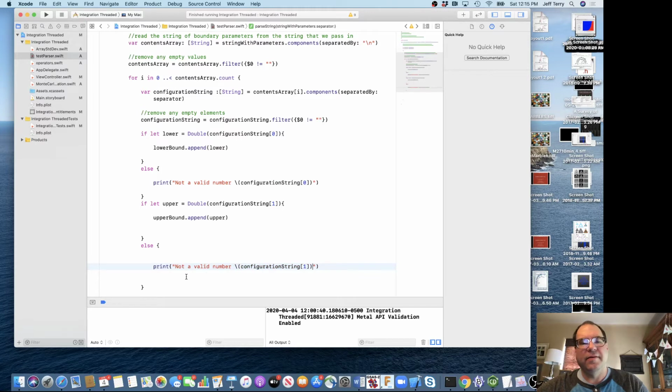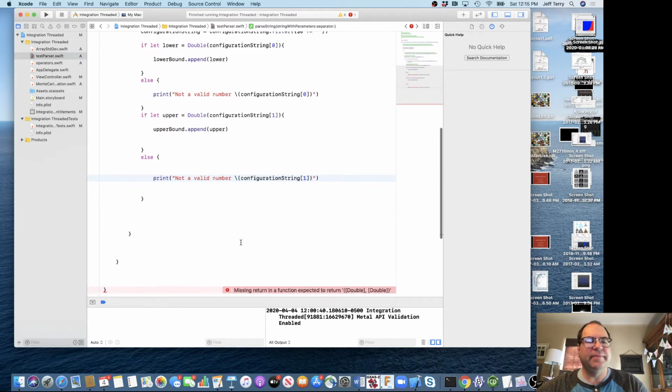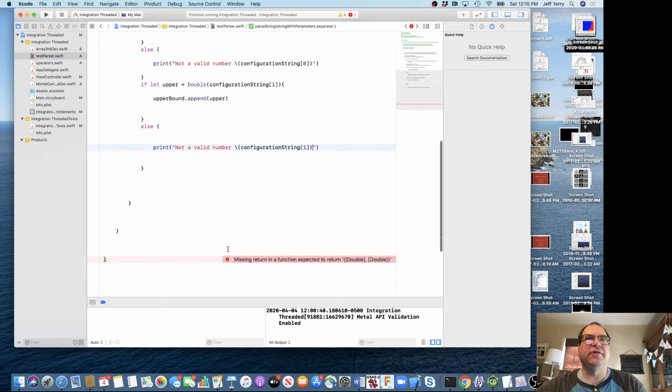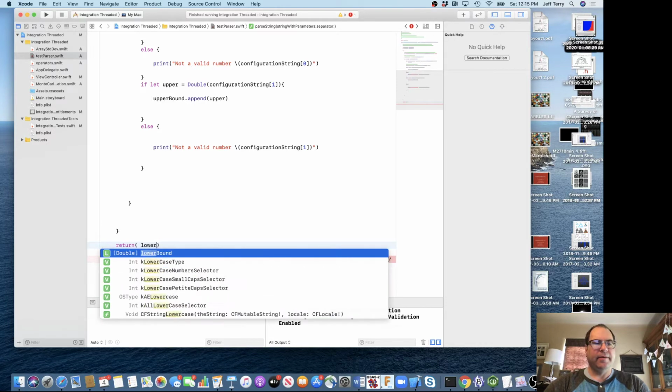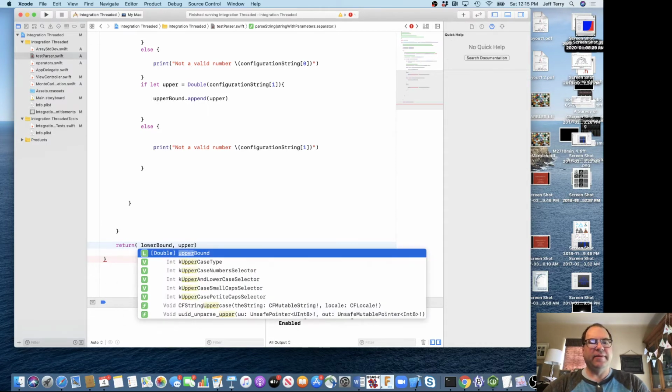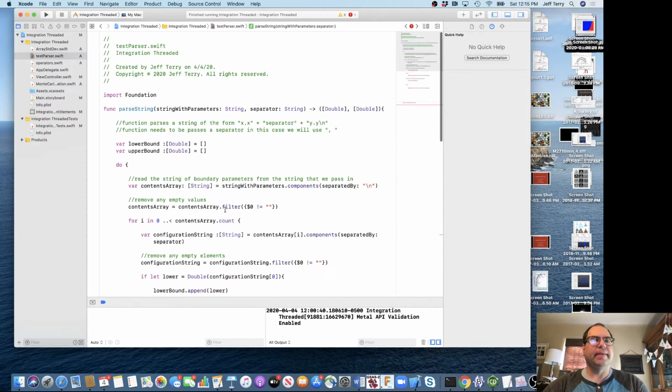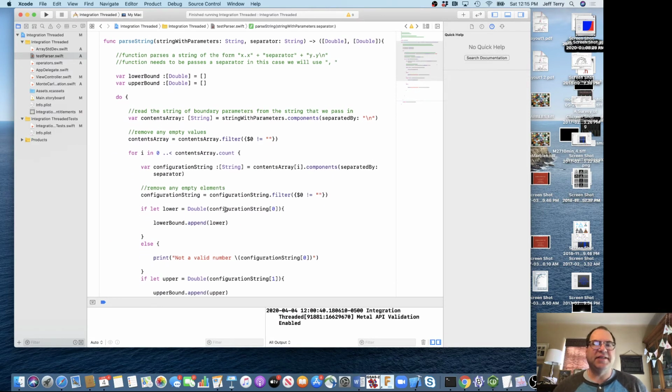All right. Okay. So that's good. We've got that. Now we're still missing a return. That's still a problem. And so what do we want to return in this case? Well, we want to return the lower bound and the upper bound. So this should successfully parse a basic input of 2 columns separated by a comma and a space, separating the